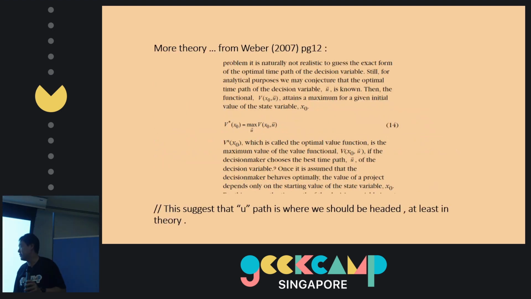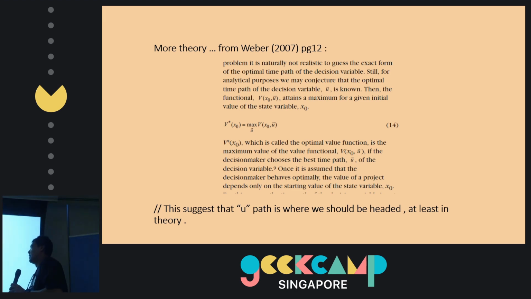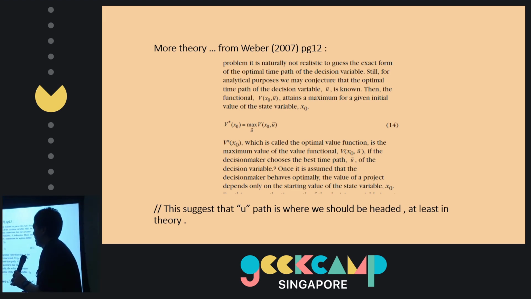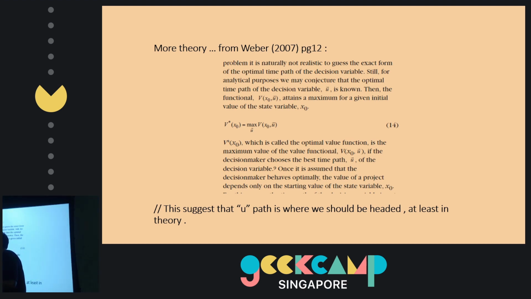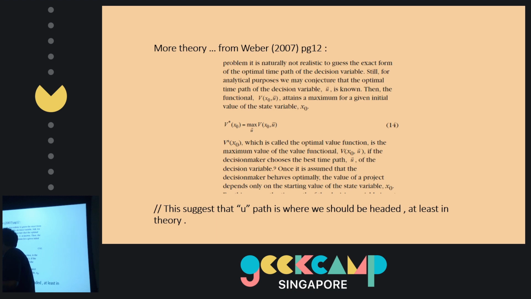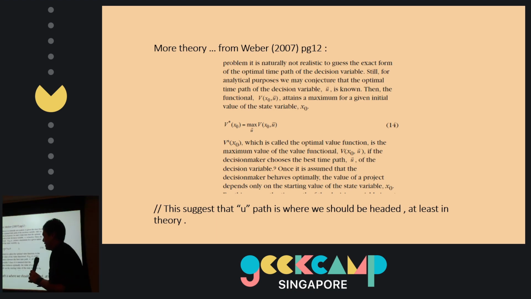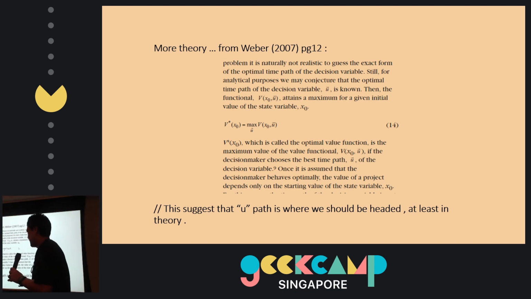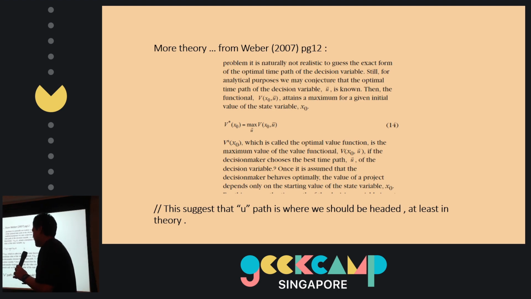Okay, now more theory, which is the second paper that I show. Unlikely that you want to read this, but let's focus on this. It tells you that there's a value function, and you can maximize that value function if you choose this thing, a best time path. What is meant by the best time path? The best time path means that,